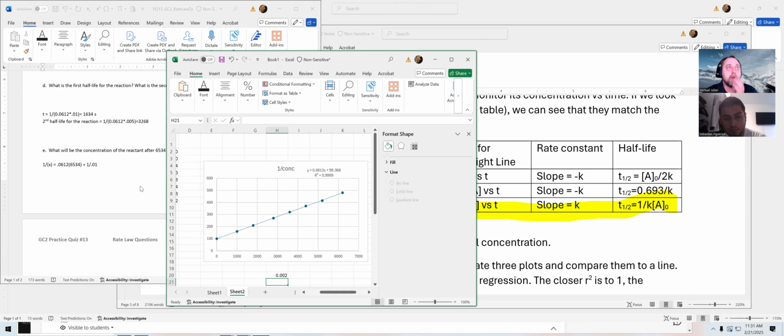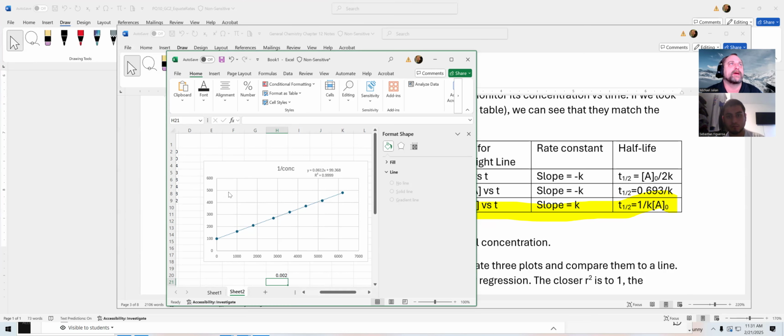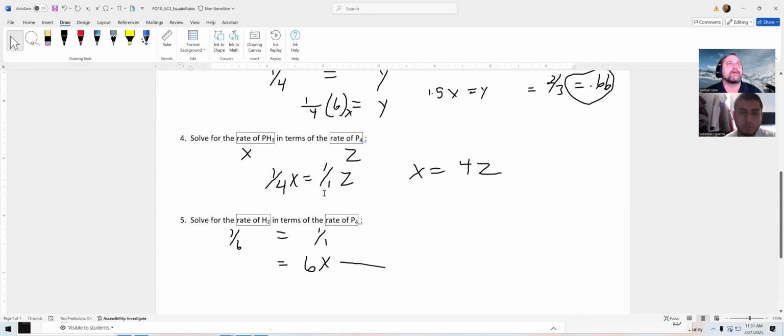Any questions on that one? Nope. Okay, good. So 13's not too bad. Like I say, Excel actually helps out a lot with that. The rest of them are kind of based off of